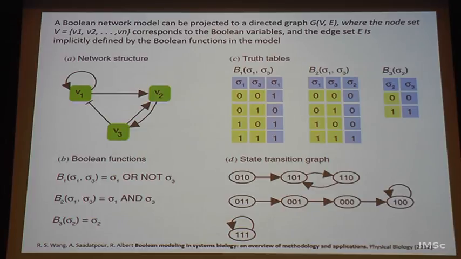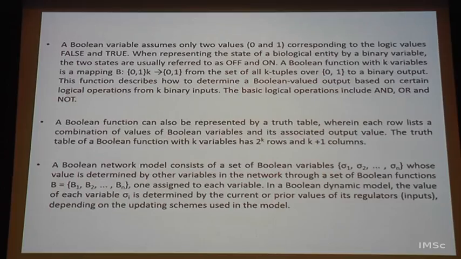So, tracing through these transitions is a very interesting thing, and you can ask a variety of questions. You can also find out what is called the attractor. That is, do a large number of given initial conditions end up in the same state, and what are the routes through which it ends up in the same state? That is, I think, defined as the attractor basin and things like that. So, there are a number of ways by which people do that.